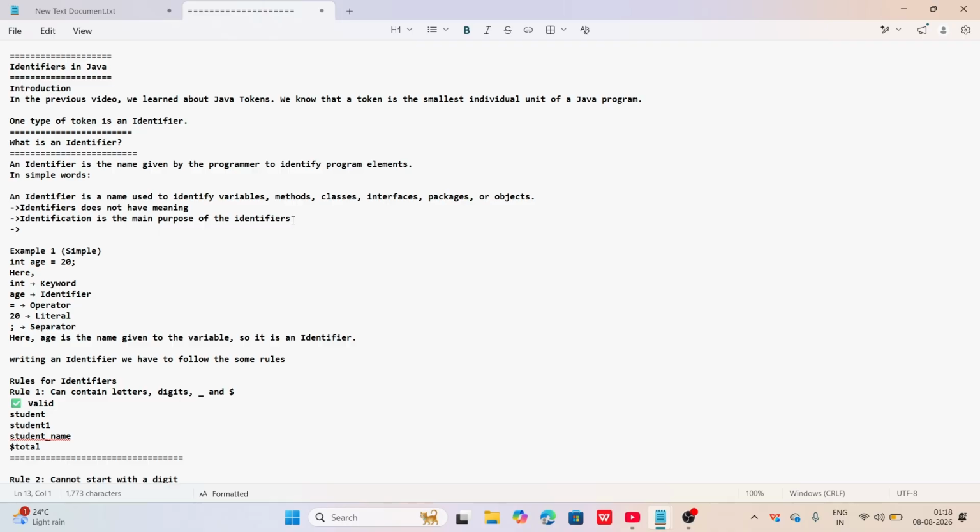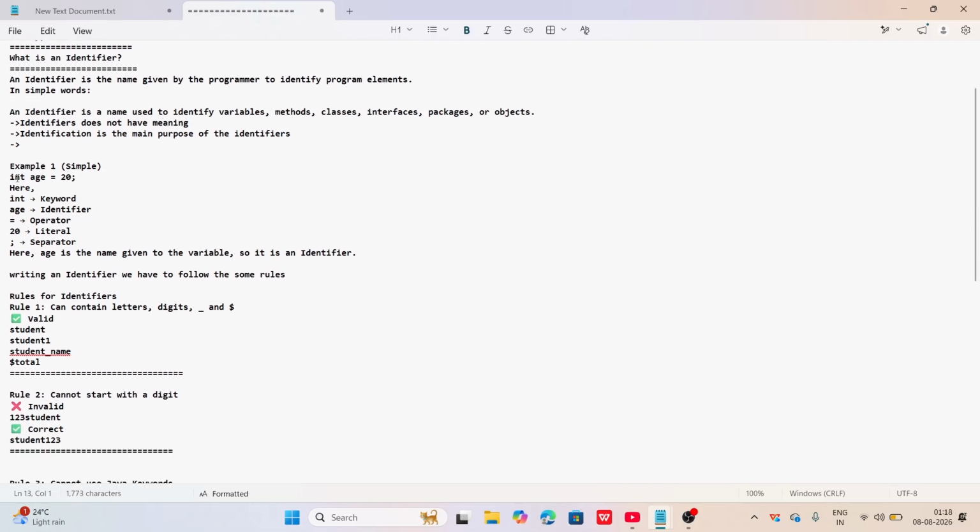Why are we keeping names, guys? For identification only. Identification is the main purpose of an identifier. So see this example, guys: int age = 20; I always use this example only, don't get bored. int age = 20;